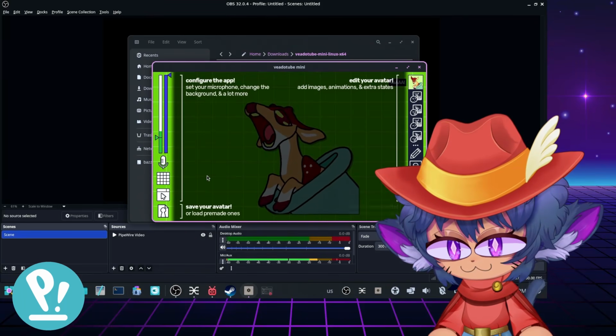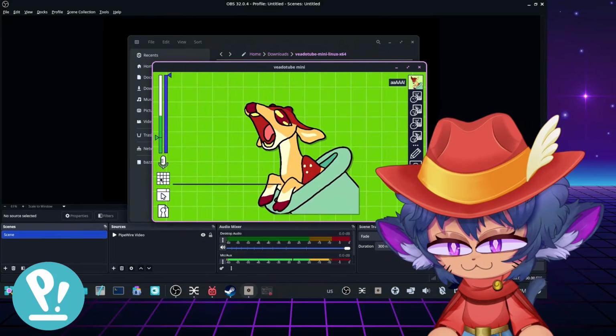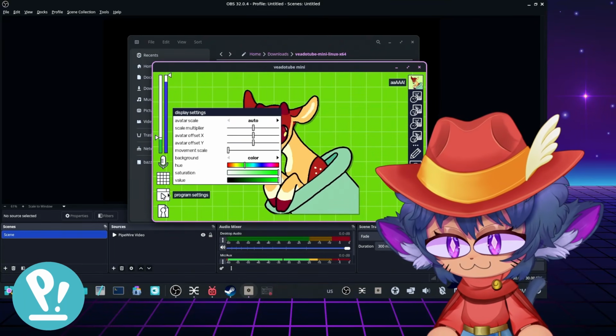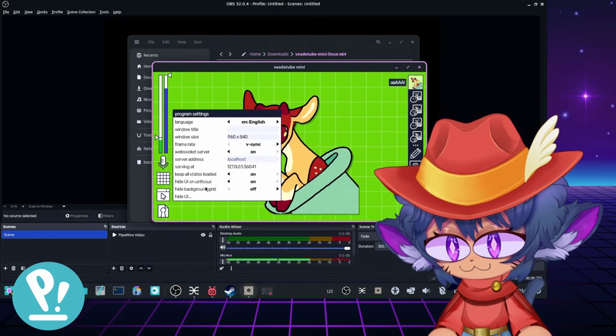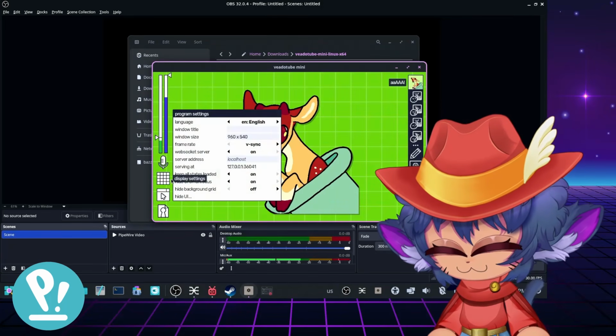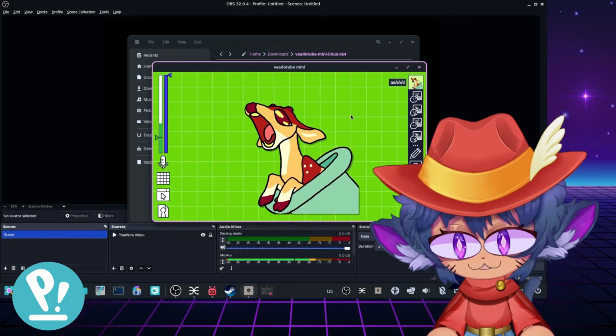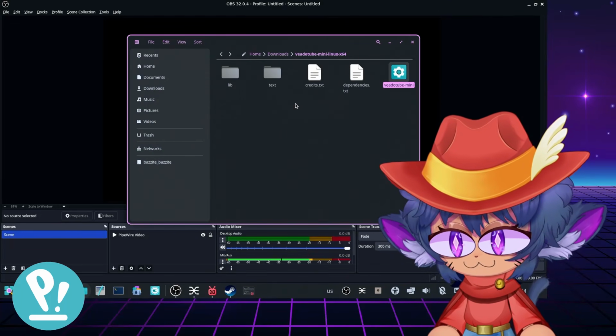There isn't really a Spout 2 capture source for this. If we go to display settings, it's not going to show here. Program settings, it's not going to show. You would just window capture this and you'd green screen it. But if you want to use